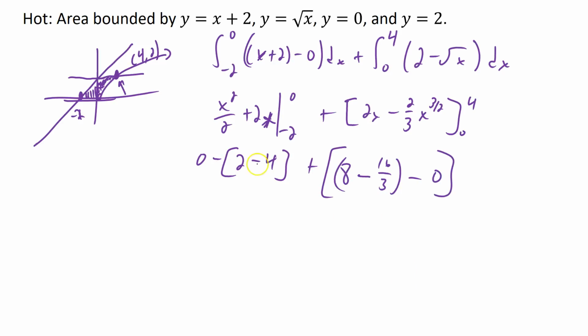Okay. So 2 minus 4 is negative 2. Negative 2 is a positive 2. And then we add to that 8 minus 16/3. 8 is 24/3. Minus 16/3 is 8/3. 2 is 6/3 plus 8/3 is 14/3. There we go. Cool. Now, even as I was going through this, you might have thought there's a better way